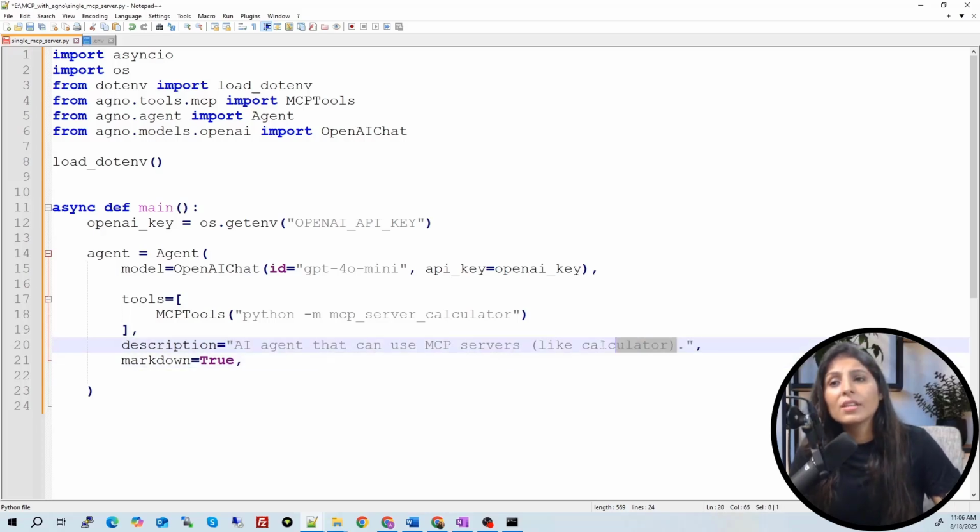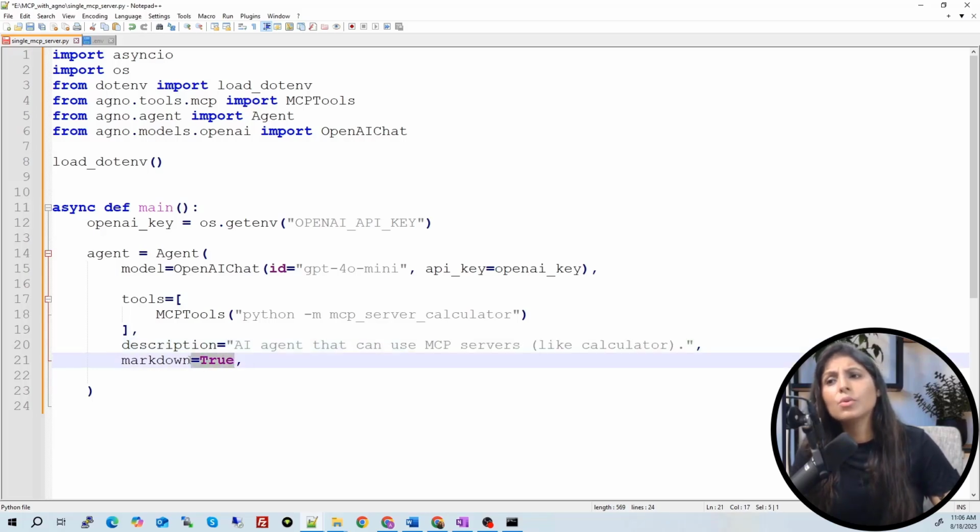By writing this line, we are making sure that the LLM is not doing everything itself. If we give this kind of description, the LLM will understand, okay, I have this calculator server, so I can use it whenever the user asks questions which need a calculator. That's why we are writing this description.